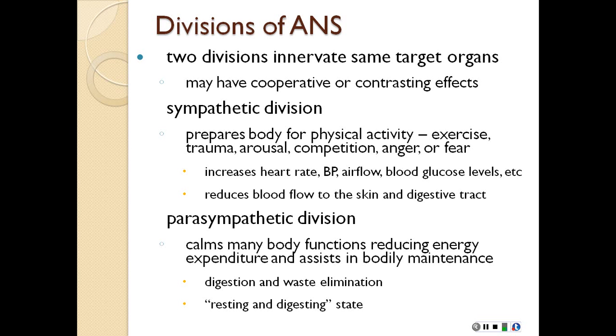Okay, so the two divisions, first of all, I want you to understand how it works. So first, the autonomic nervous system signals start in the what? CNS, and go out to the effectors. So the effectors are innervated by both of these divisions, the sympathetic division and the parasympathetic division. What do you think that means? Can you give me an example of what that probably means? So both the sympathetic and parasympathetic division innervate the same target organ.